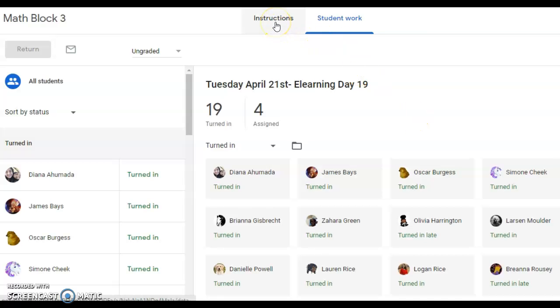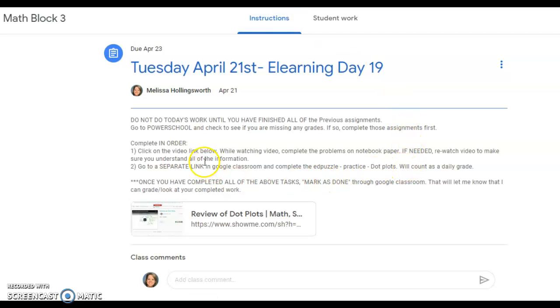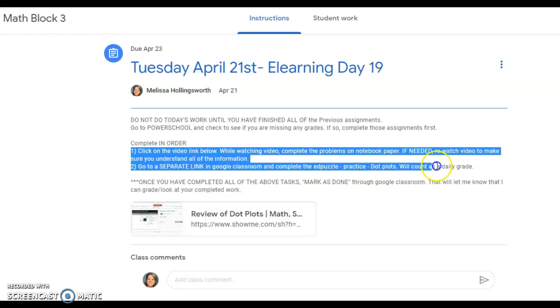Well, the problem with that is just because you mark it as done in Google Classroom does not necessarily mean that you completed the task that you were given. So just marking as done doesn't mean you've actually done the task that I've listed. Now, we'll come back to that in just a moment, but